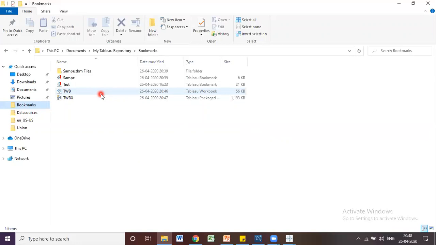The TWBX file is a packaged file, and the TWB file is an XML file. Okay, now we'll see the difference.